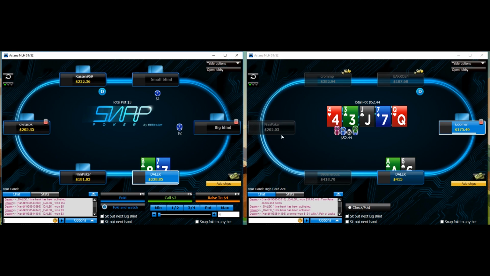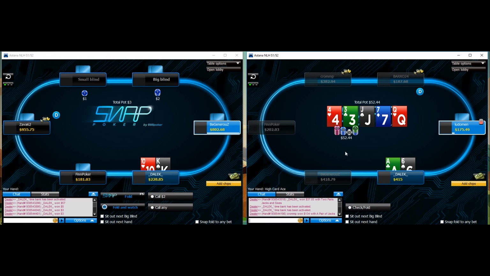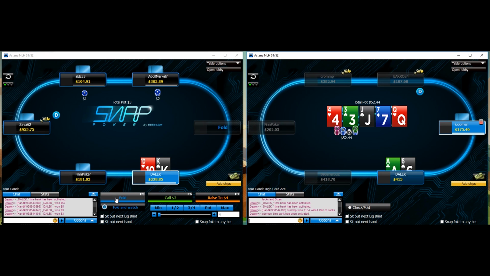I do block the nuts, which is awesome, and on this turn especially, I think we'll see a heck of a lot of double barrels from hands like 9-10. Considering it's blind versus blind, that's 16 combos each, so our ace high will be good enough there